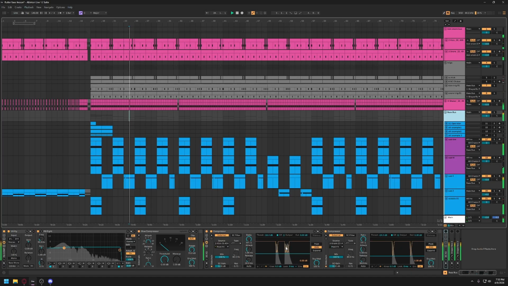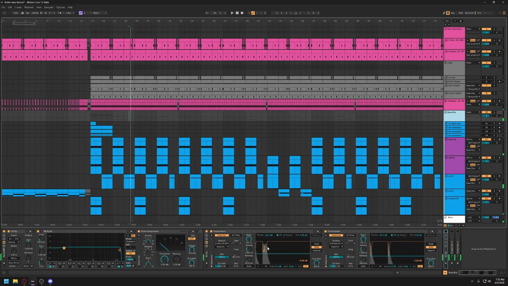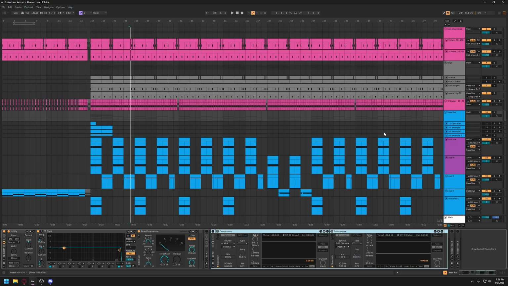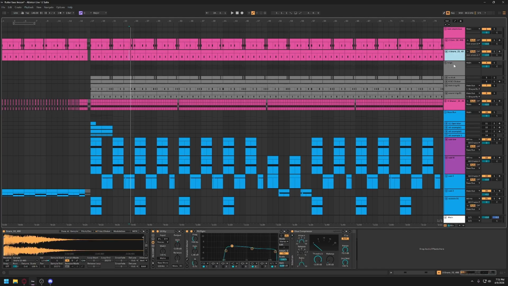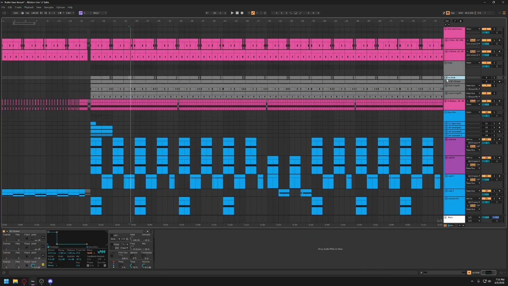Like right there. Yeah, right there, you see? And that's because of the two long kicks back to back like that. So I'm going to use a trigger instead to do that. And one way to do it is to create copies of the MIDI pattern for the kick and the